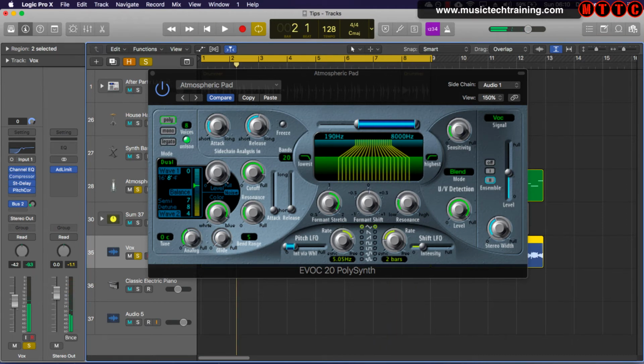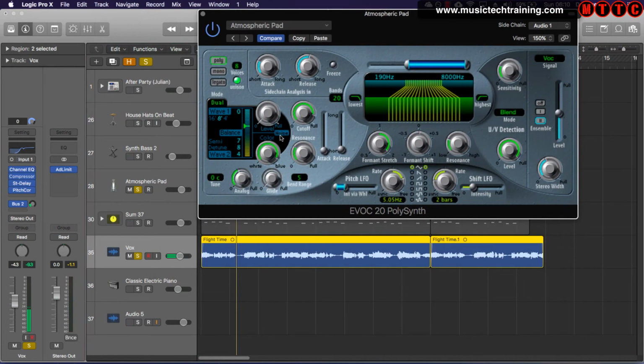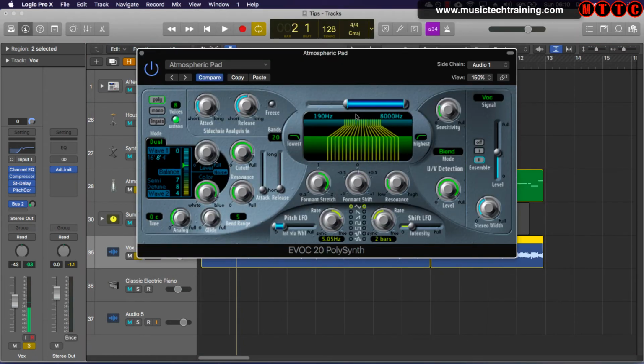Okay, and it's all about the mix. It's all about just getting that right balance between the different elements. That's pretty much it. I mean, there's a load more you can do within this device right here. However, I'm not going to spend too much time. In fact, actually, yeah. Why don't we go for